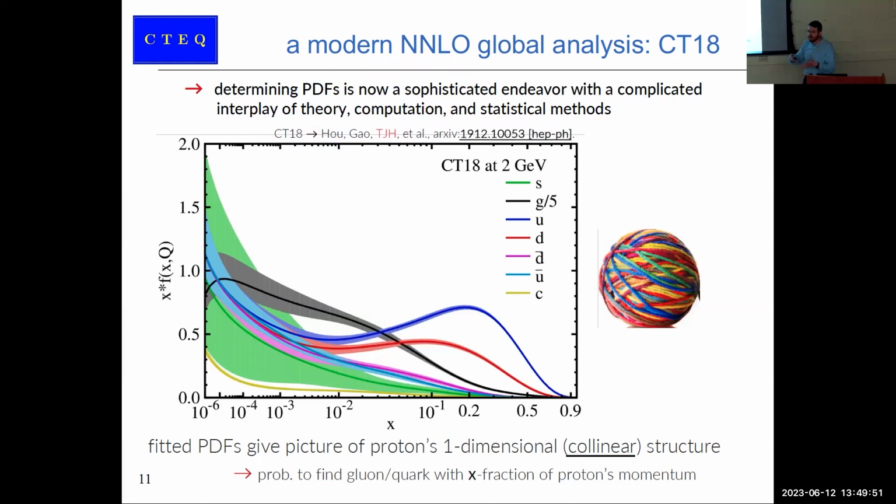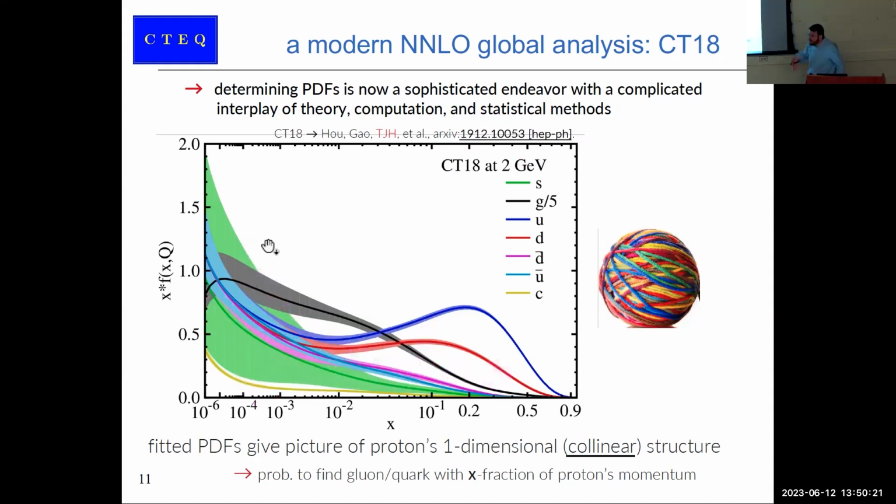It involves this very subtle interplay of perturbative theory, as I was hinting at a little bit earlier. It involves a great deal in terms of computational aspects. And then a subtlety that I wish to give you some flavor for is the fact that fairly complicated statistical theory comes into play as well. So the idea is once I have all of that, I can of course fit the PDFs, not just central values, but crucially with some uncertainty as well.